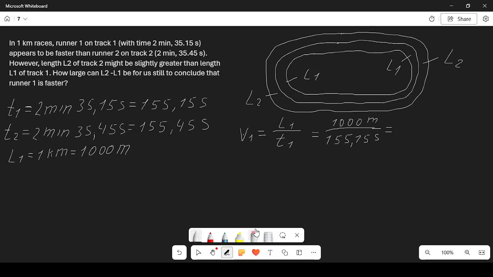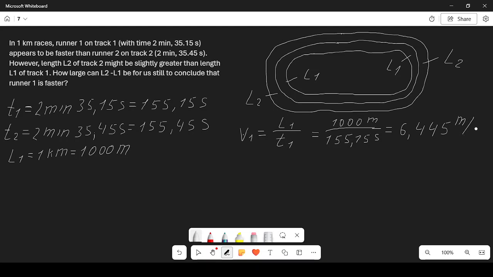Okay, now we're taking our beautiful calculator and we divide 1000 divided by 155.15 equals 6.445